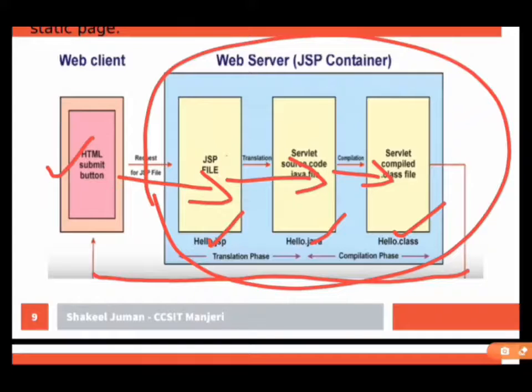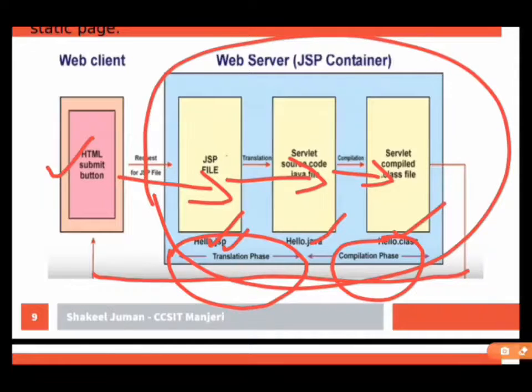Here two phases are there. One is the translation phase, where JSP code is translated into Java code.